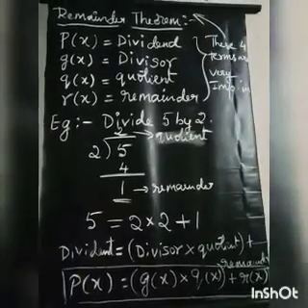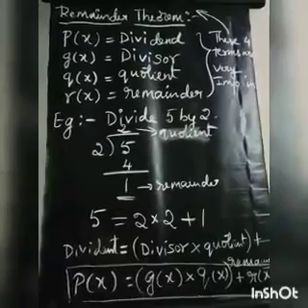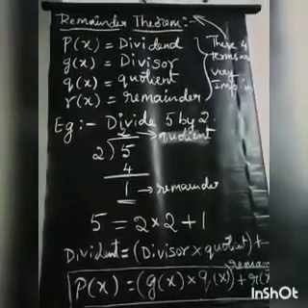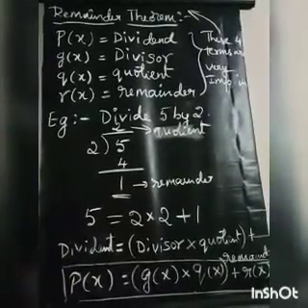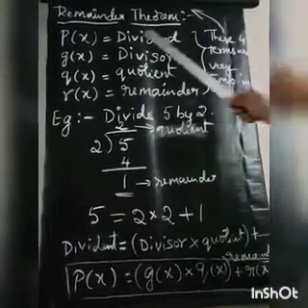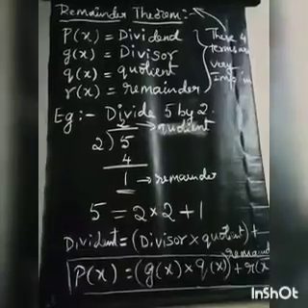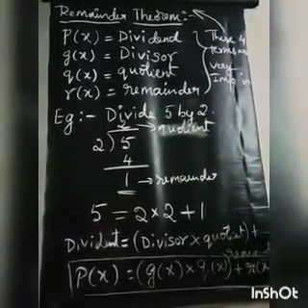So next topic is remainder theorem. So exercise 4.3. Before we arrive at exercise 4.3, we have to know about the remainder theorem. You have to know some of the notation about the remainder theorem, students. First one is P of x. Here P of x is always the dividend and g of x is the divisor. So you have to know that.